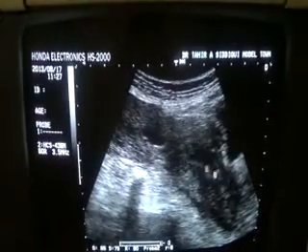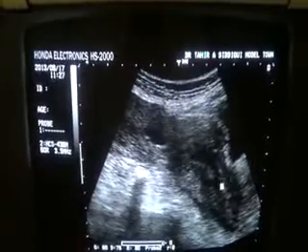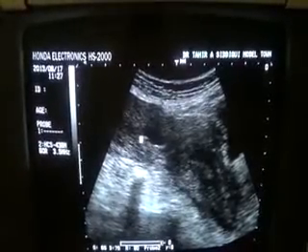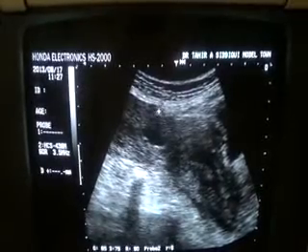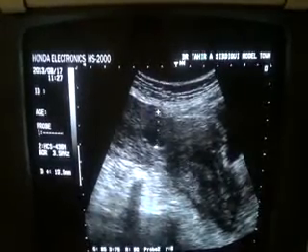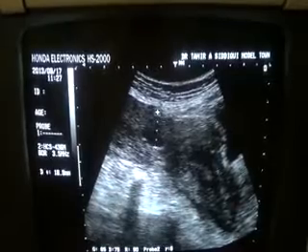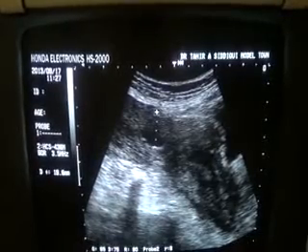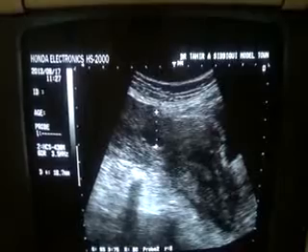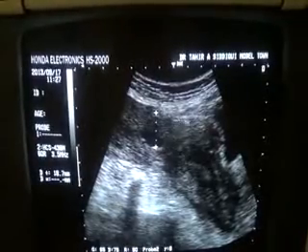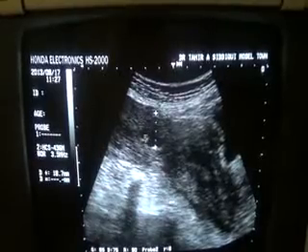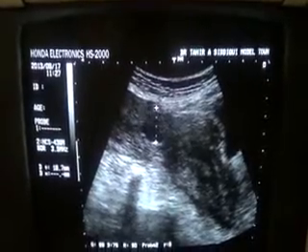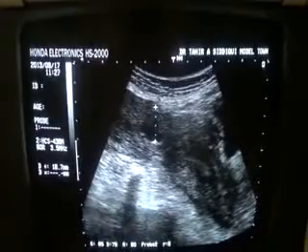This is the endometrial canal, the urinary bladder. Now this is a cystic area seen in the region of the right adnexa adjacent to the fundus of the uterus that measures 18.7 millimeters. This is the fundus of the uterus, and this cystic area is very much consistent with an ectopic